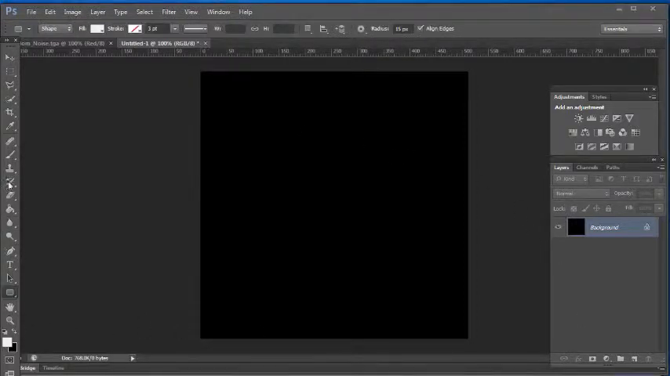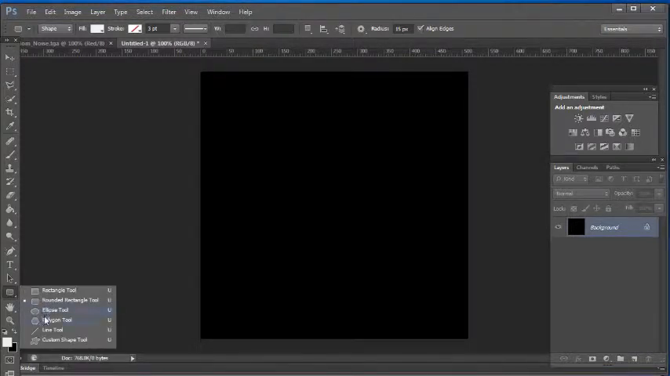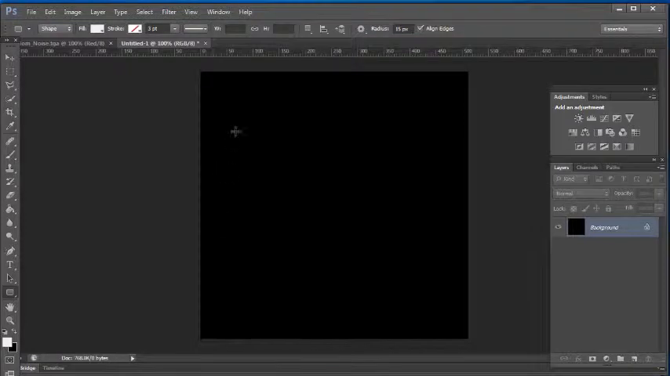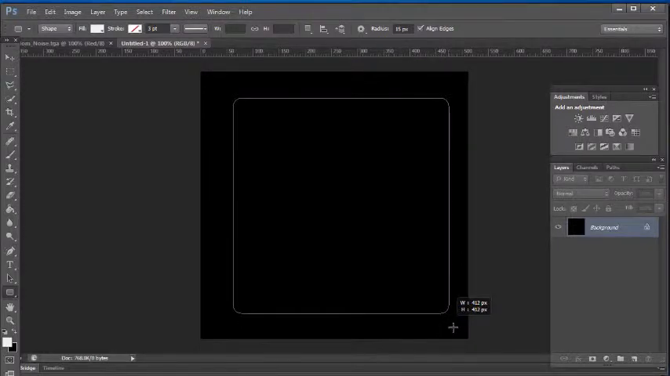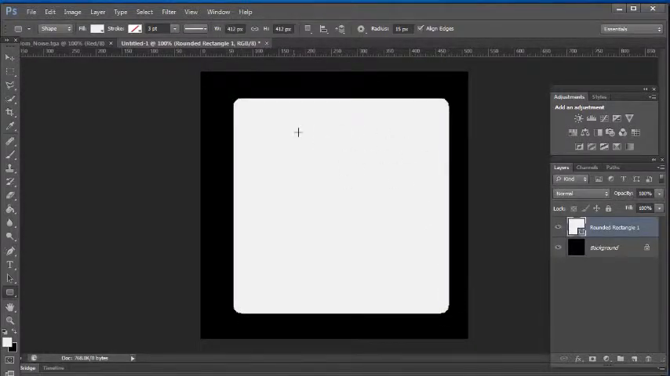And what we're going to do then is come down to our shapes. Press and hold, and we want rounded rectangle. And now we're going to hold Shift, and just drag out a rounded rectangle, which should fill with white. Now if it doesn't fill with white, you need to look at your settings up here. Your stroke or anything up here could possibly be the reason for it not to work,